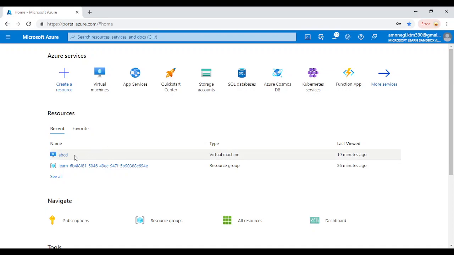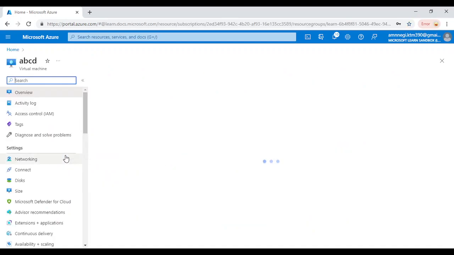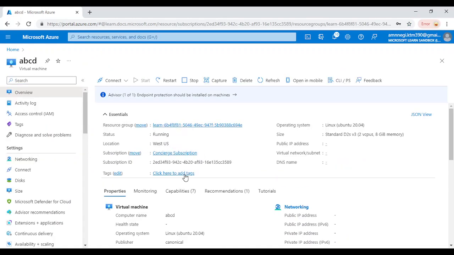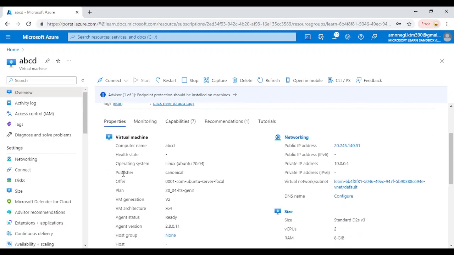If you are not aware of how to create a VM, I have created one video for that. You can check my playlist, watch that video, create a VM, and then come back and see this video. Currently I have created this VM, but if you check the disk,